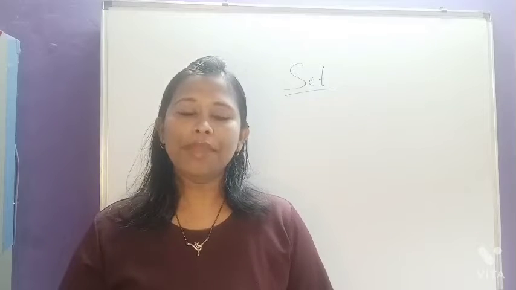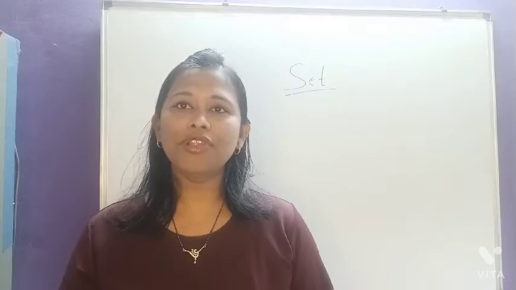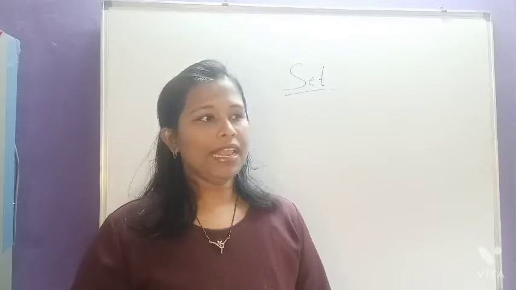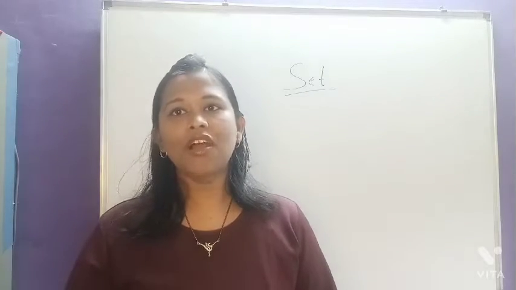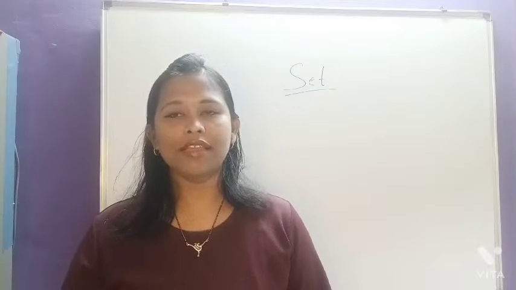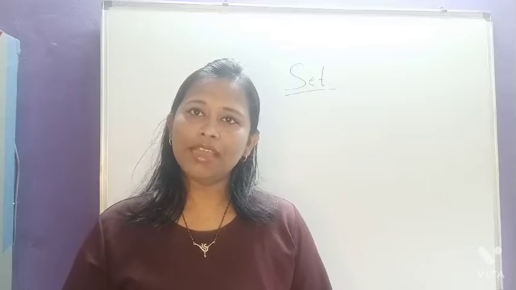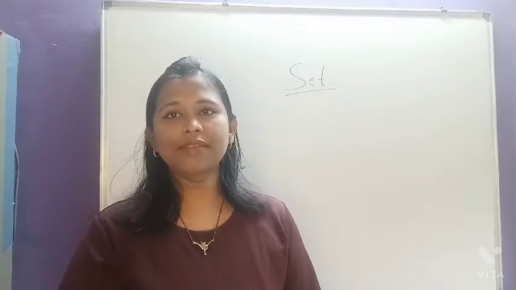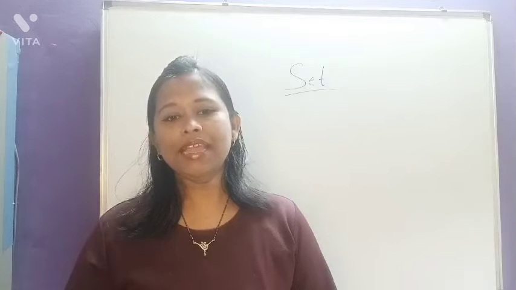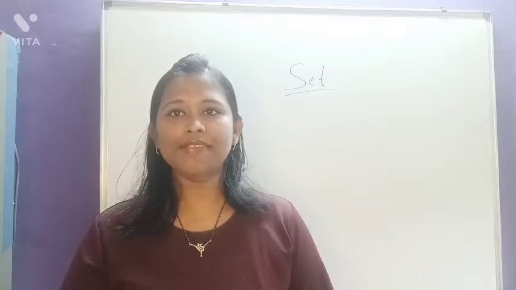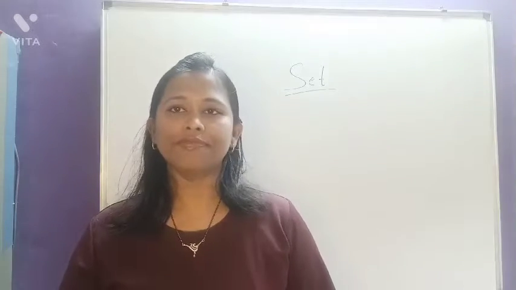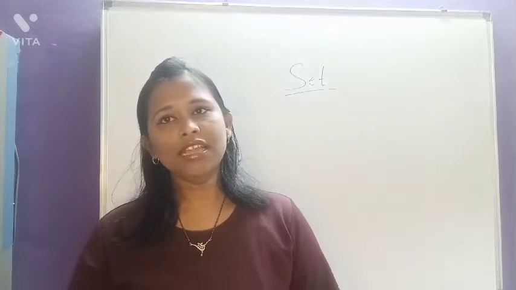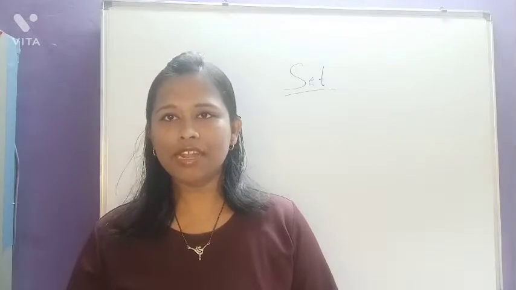Brilliant people means, the person I call brilliant, according to you may not be brilliant. Suppose I am telling you to make a set of all the beautiful women in your city. Can you make it? These types of words are relative words. Brilliant, beautiful. We can't make a set like this. So a set is nothing but a collection of well-defined objects.